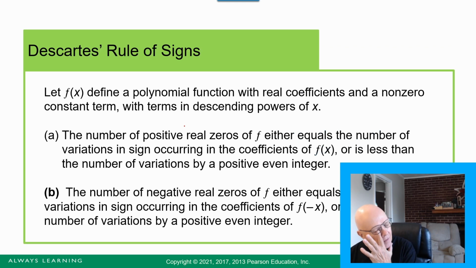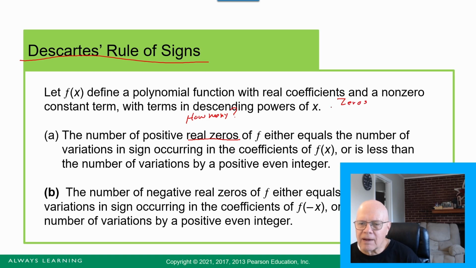Now, last of all, we're going to talk about Descartes' rule of signs. Okay, what are we talking about here? Well, we're talking about real zeros. What we want is how many of them do we have? How many do we actually have? With Descartes' rule of signs,